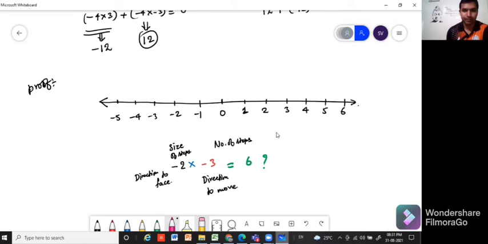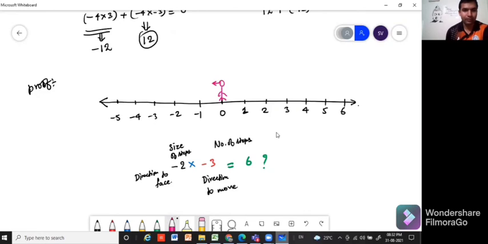So let's see this example. Minus 2 times minus 3. So we have to stand here on 0. This is the reference. Now minus 2. We know that minus 2 lies on the left hand side. So we have to look towards the left hand side. And we have to move 3 steps of magnitude 2. Right? So this is minus now. Okay. So minus means opposite of this. If this would have been positive, we would have continued in the same direction. But minus means we have to move in the opposite direction.